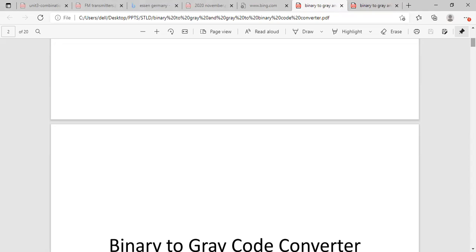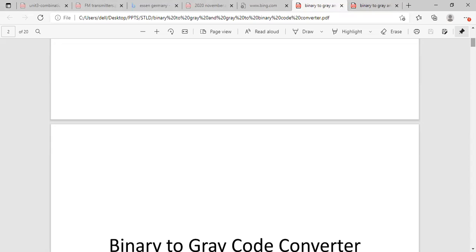In the third step, you have to assign letter symbols to those inputs and outputs. In the fourth step, you have to draw the truth table. Here the truth table gives the relation between the inputs and outputs. In the truth table, we have inputs on the left side and outputs on the right side.